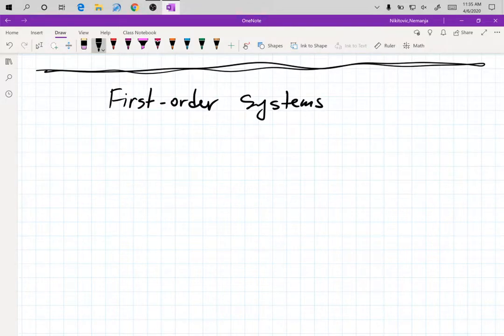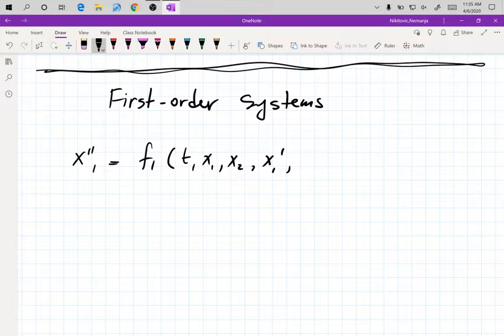A first order system is given as, it's called a first order system because you are going to have two equations which, when you merge them together, you are going to get a single second derivative differential equation, right? So it's a little bit convoluted until you see the full example, but we are going to say that what we've seen so far, x1 is equal to some function f1 of t, x1, x2, x1 prime, and